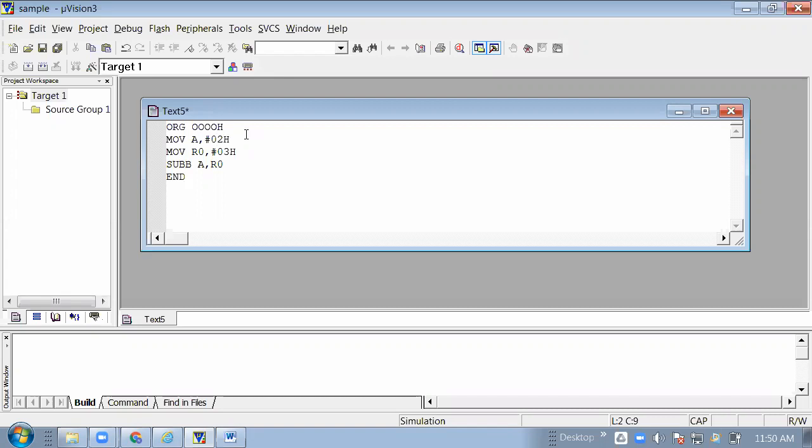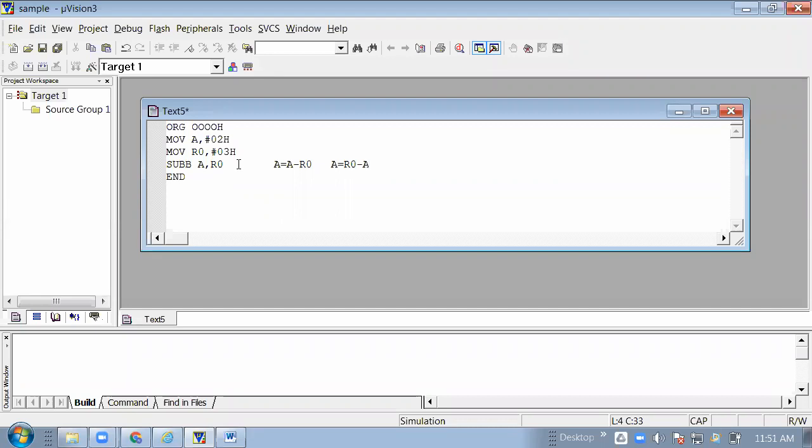But what is the meaning of that instruction? The meaning of this instruction is subtract: A is equal to A minus B. What is the meaning of this? This is not B minus A. After A comma R0, sorry, here it is A minus R0, not B. I'm using A minus R0. This instruction is not like this, A is equal to R0 minus A.